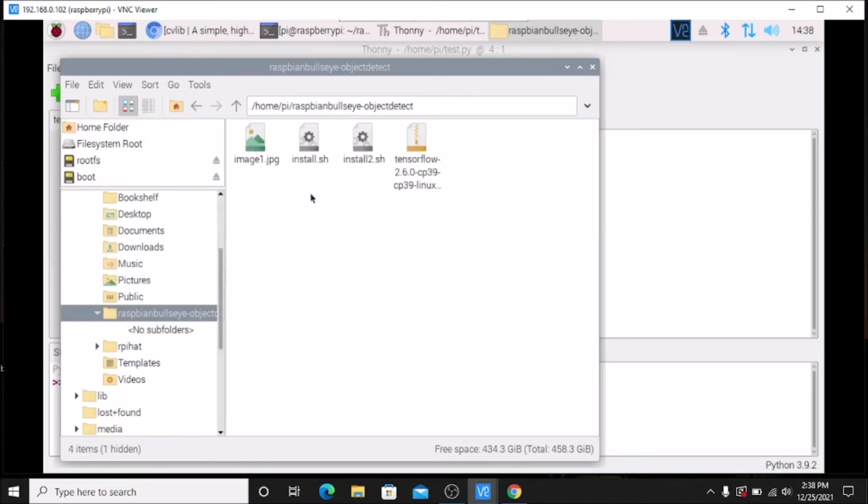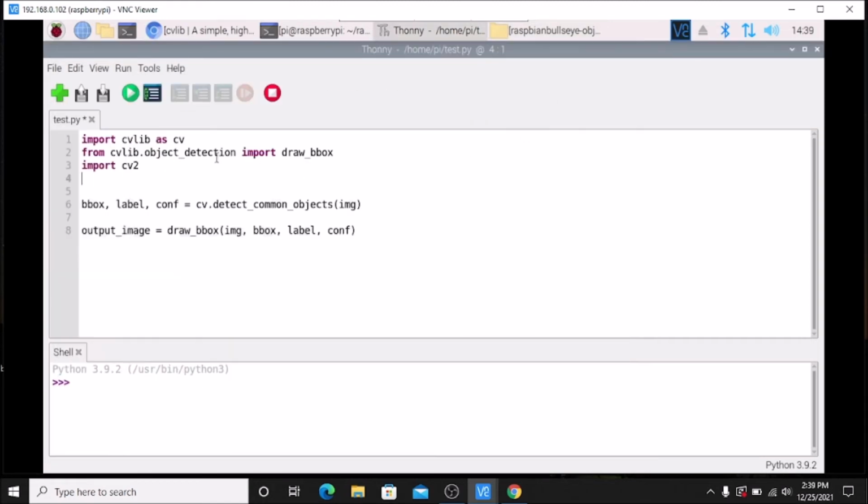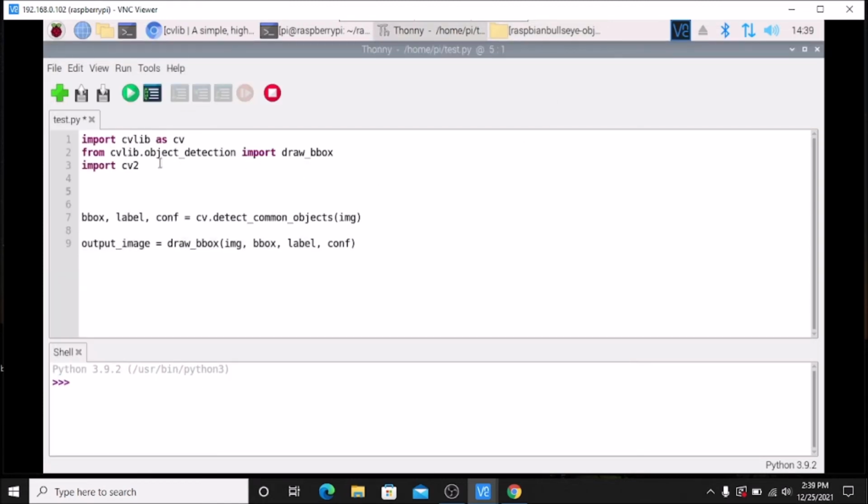Simply open the folder, and we are going to use this image1.jpg image file. So simply copy the path this way, copy it. Remember the image name, image1.jpg. And here we need to mention the path for reading the image.